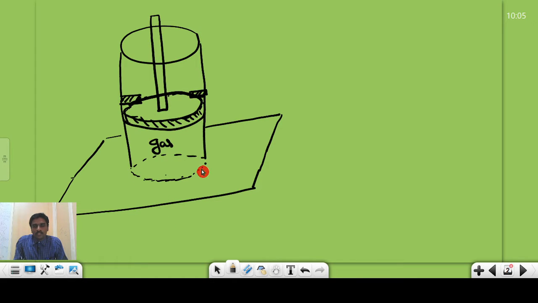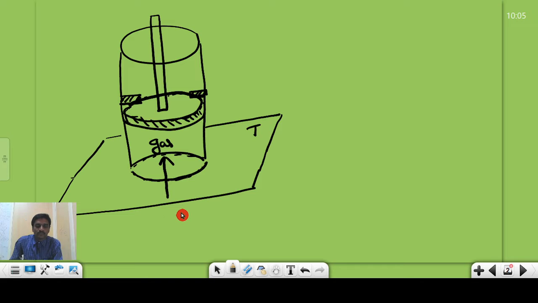Now the bottom of the cylinder is a conducting material, so it is a diathermic wall. The bottom surface of the cylinder is in contact with a substance at high temperature. This temperature is very high. So a lot of heat can flow from the high temperature area to the low temperature gas